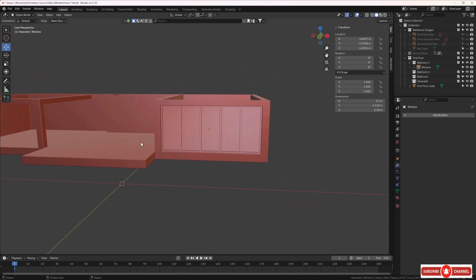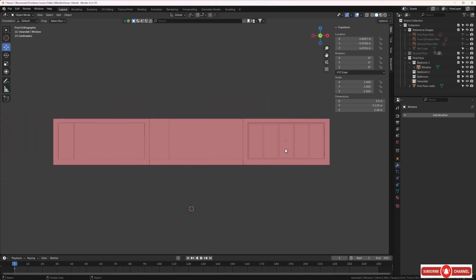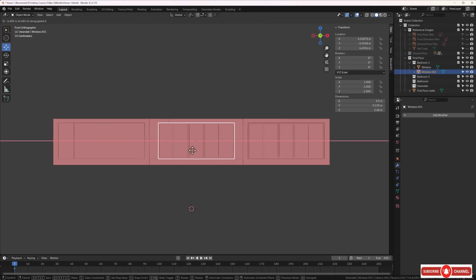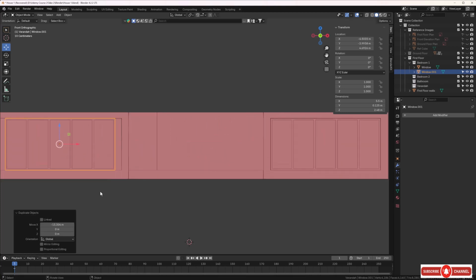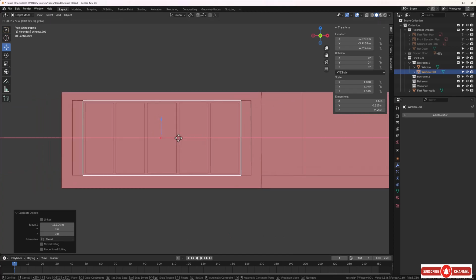So let's press 1 to get us that orthographic view of the front. And let's grab this window and let's press Shift D and X and bring a copy across like this. Bring it to about the middle. And obviously we'll need to scale this up a little bit. And we'll press S and X